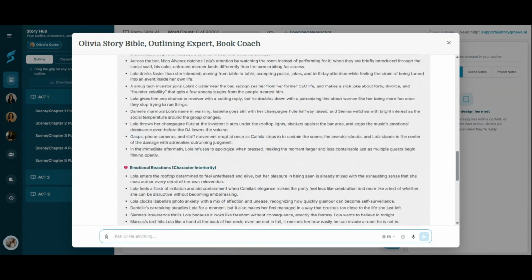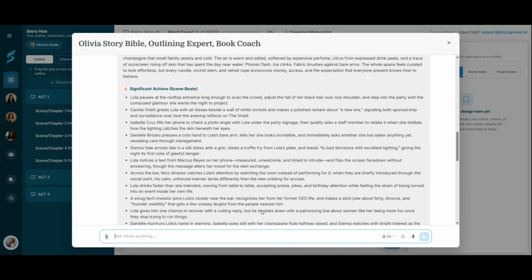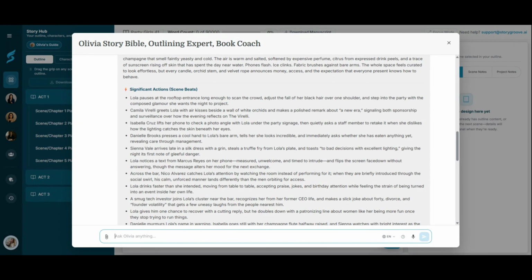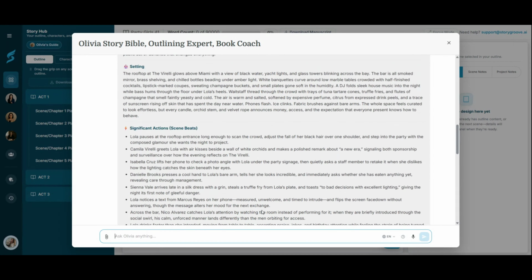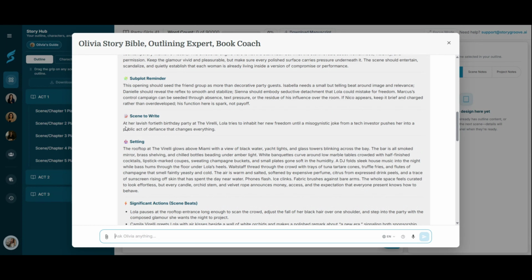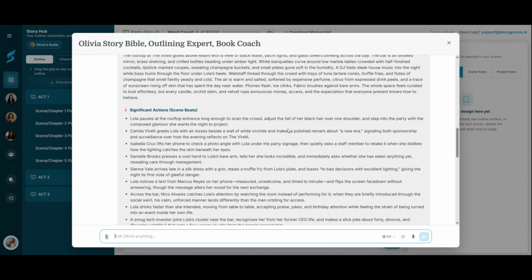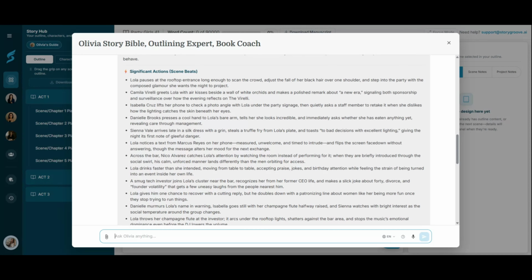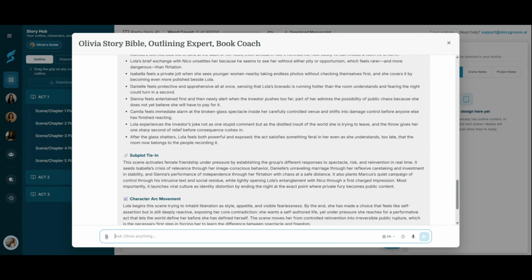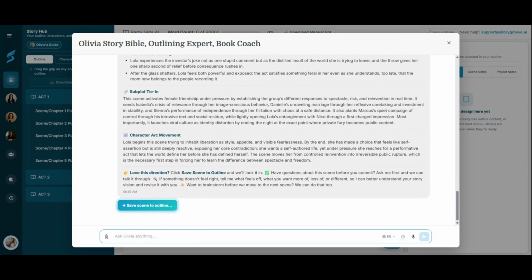There's a lot of really great stuff here, but when you're building your chapter plan, the most important thing is to look at the scene that you are planning here. It's really a chapter. And then look at the significant actions. Is this your vision? Or maybe you've changed your mind and you want the scene to begin the night before the birthday party. You can give Olivia direction on what it is that you want to see in your chapter